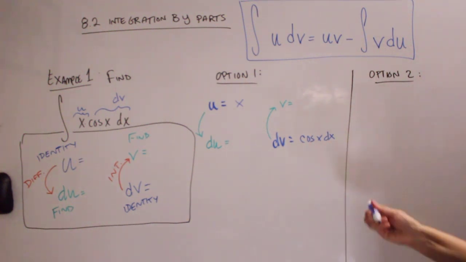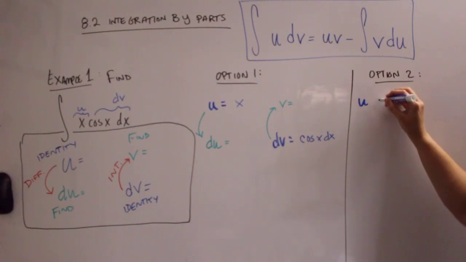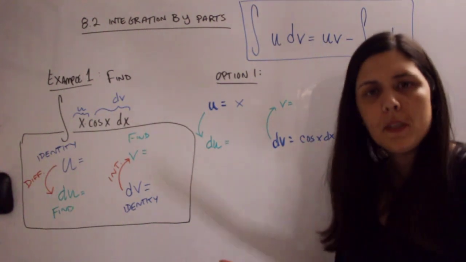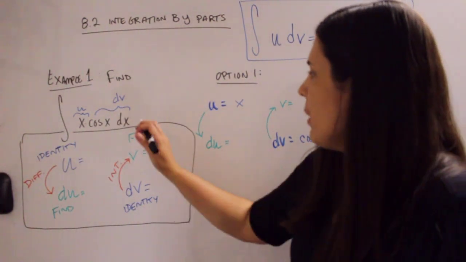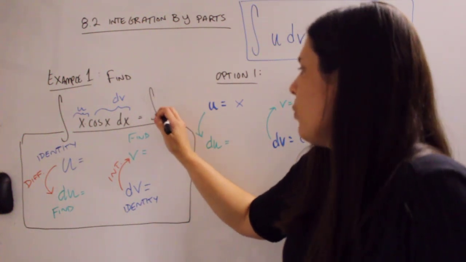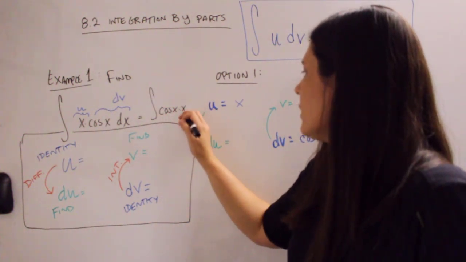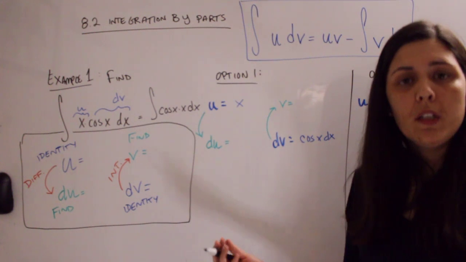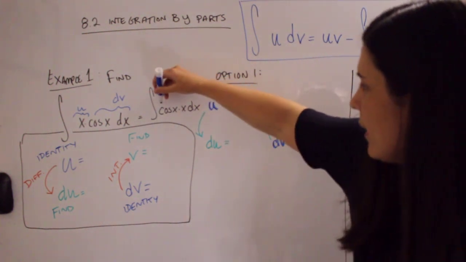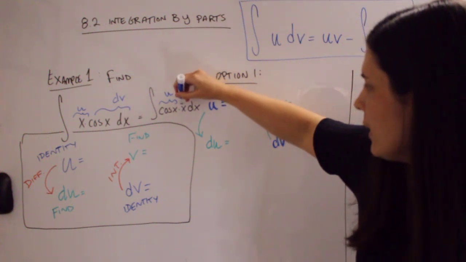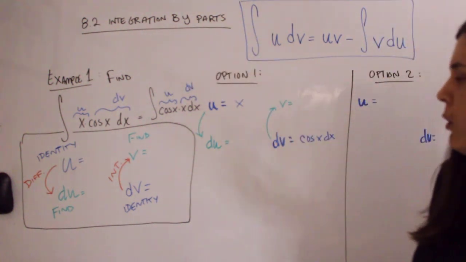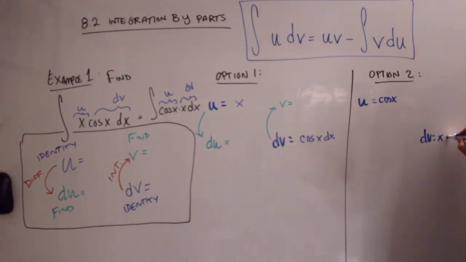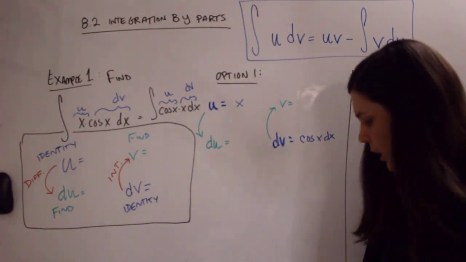Let's say I look at my integrand again. So u here, dv here. Let's just say maybe it was already written the opposite way. I'm going to rewrite it just so you see what I'm talking about. But maybe it was written like this. Or maybe I wanted to write it like this: cosine x times x dx. And so maybe I would say that this cosine x is u, and the x dx is the dv. So u is cosine x, dv is x dx,